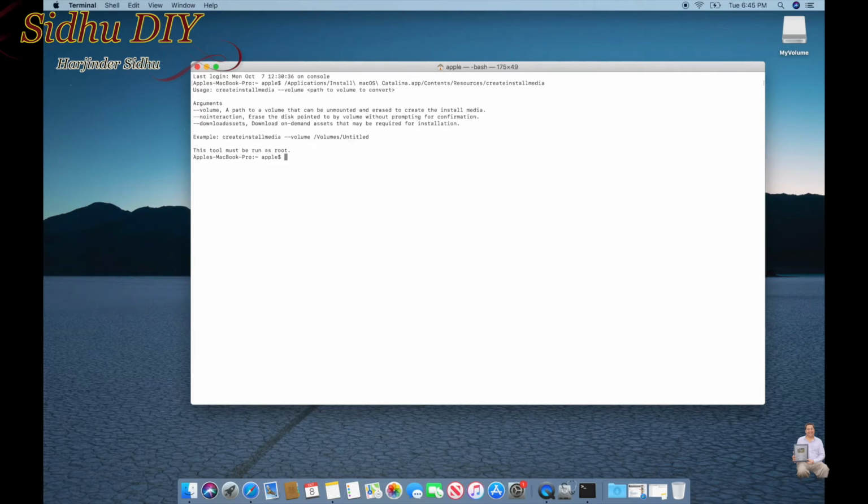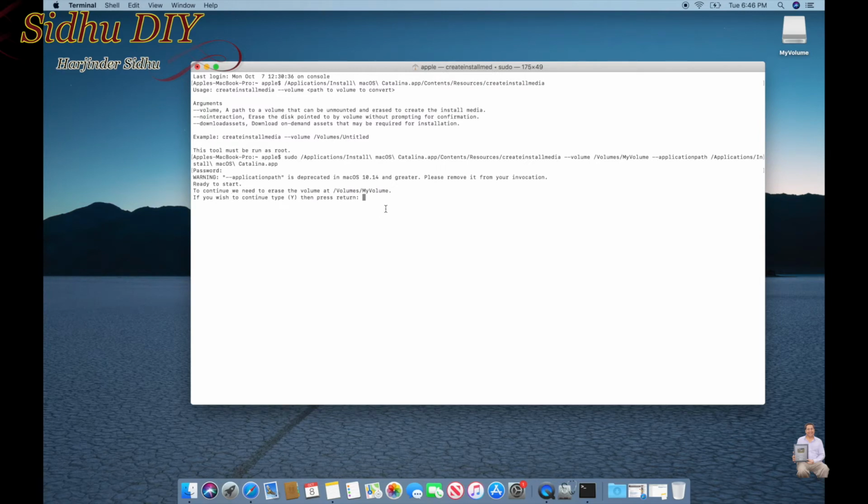Then you need to enter the second command, and this command you will also find under the description. So you just copy and paste, and then you enter, and it will prompt you for the password. And this password is for your computer, not the iCloud password. So I'm going to enter my password and then hit enter. And it's ready to start, and it's redirected to MyVolume. And we're going to press continue, yes. And once we hit enter, the MyVolume will